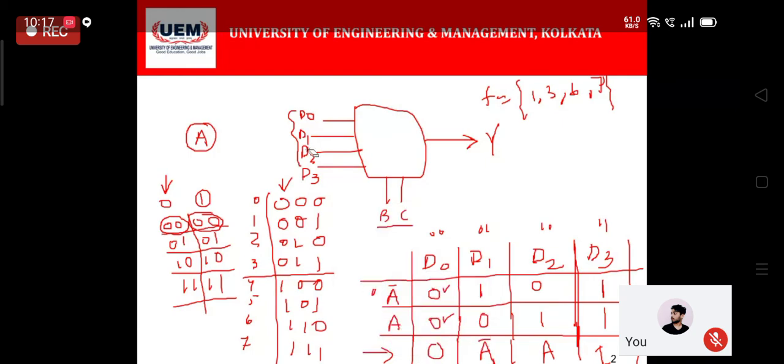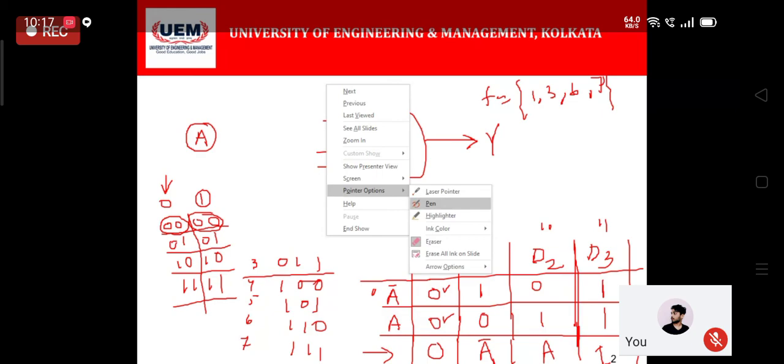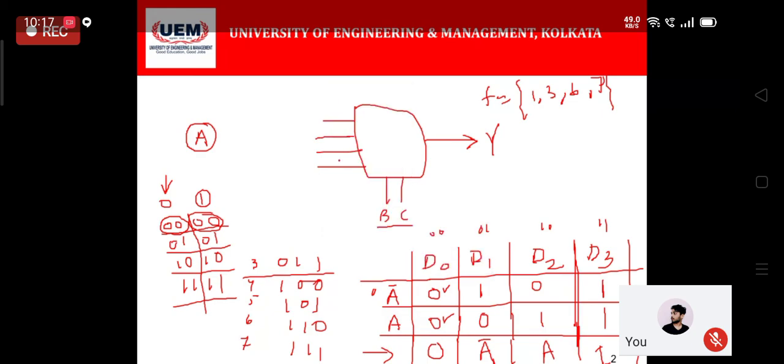So let's go back to the multiplexer again and try to figure out what we should provide at the input of the multiplexer itself. So these 4 values, the starting one with D0, you can directly provide 0 to this particular place. Then the next one will be provided with A bar.